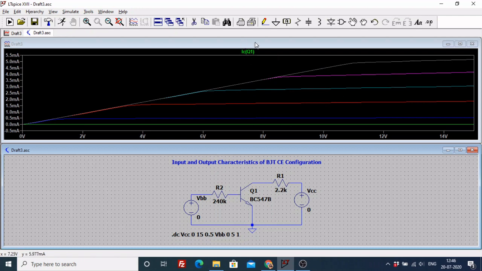This is IC of Q1, and the plot that you have got is output characteristic for a common emitter BJT. This green line that you can see over here is because the first value that I selected was 0, so I am not going to get any current over there. And you have got 1, 2, 3, 4, 5 other lines which show you the characteristics for a common emitter BJT configuration. So I hope you've understood how to plot the two graphs. If you actually want to read the value of the current, we can do that using this .op spice directive, and that is something we'll be taking up in an upcoming lecture.